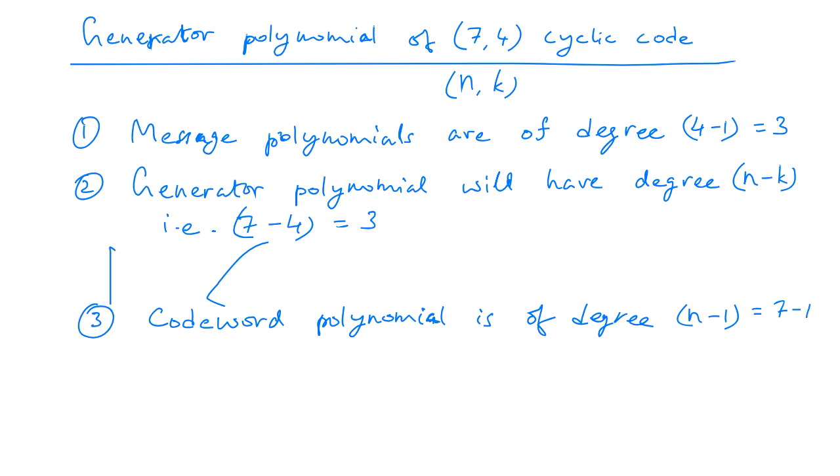So for the code word polynomial, the highest value that it will have is power 6, right? Why x to the power 6? Because the code word is going to be of length 7. It starts from power 0 on the rightmost bit and will end at x to the power 6 on the leftmost bit, right? So the code polynomial will be,